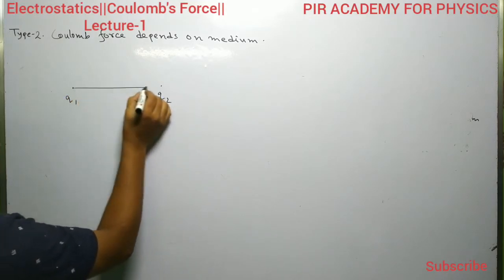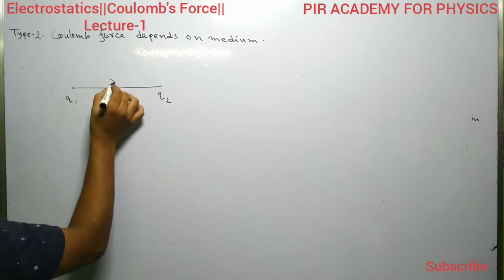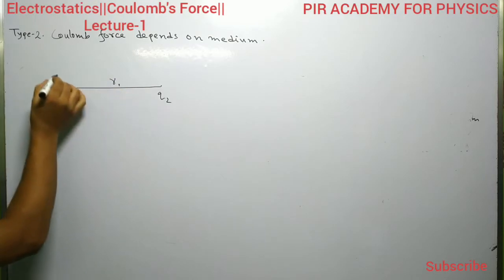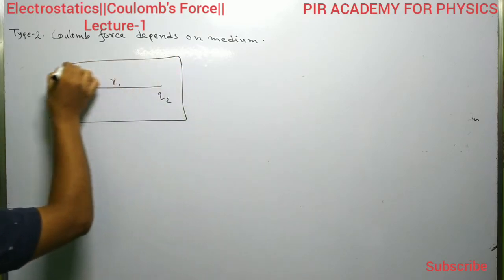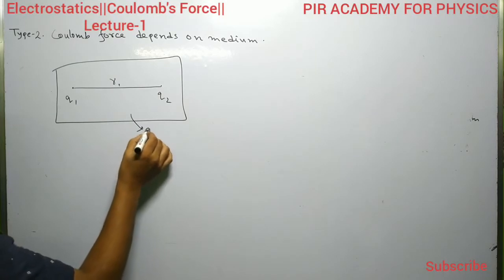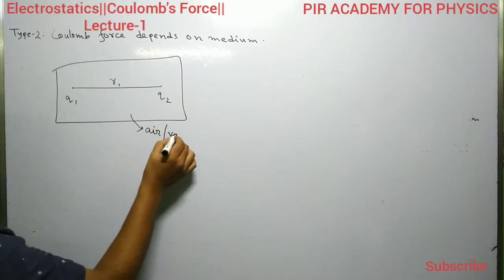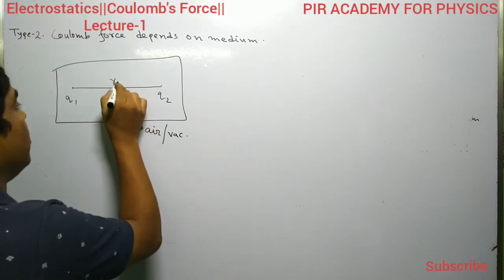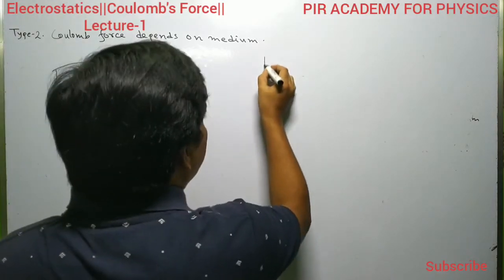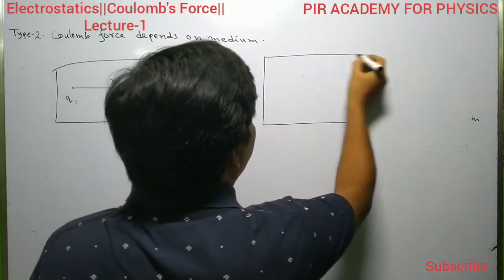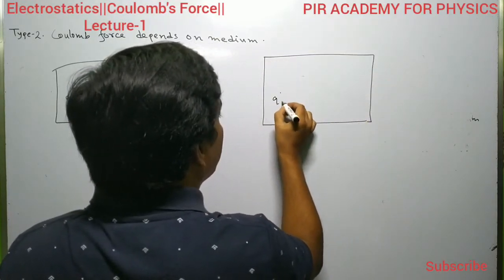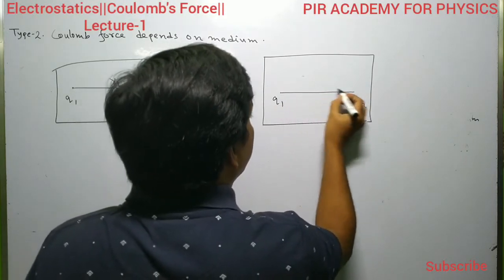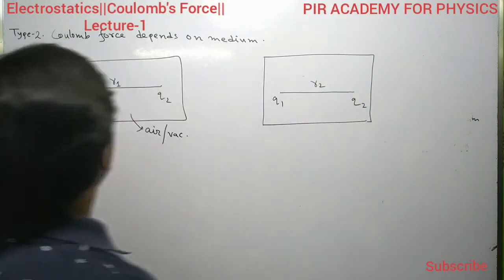These charges are kept at a distance of R1, and this medium is air or vacuum. If the same charges Q1 and Q2 are kept, but the distance between the two charges is R2,